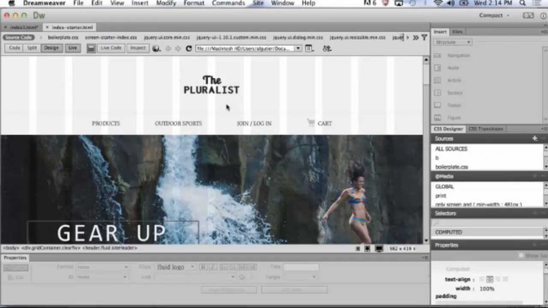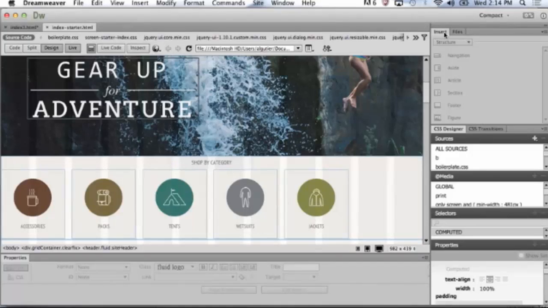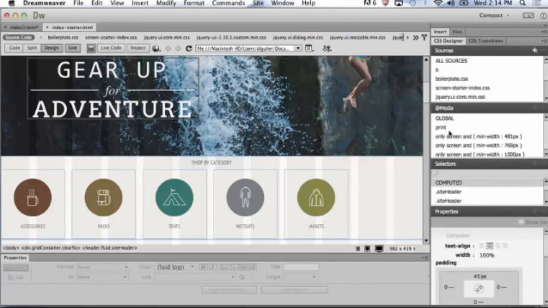This saves time from having to preview each change. This is the home page layout as if it were on a desktop. Because this content is using the Fluid Grid layout, there are media queries defined to resize and reflow the content based on the screen size. Notice that you can use the media queries in the CSS Designer in tandem with the defined screen sizes below